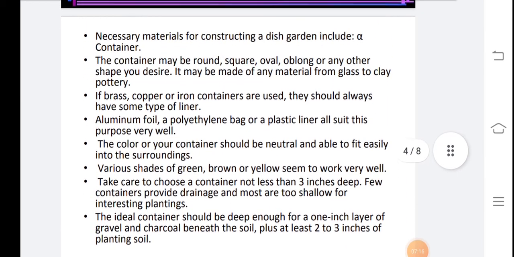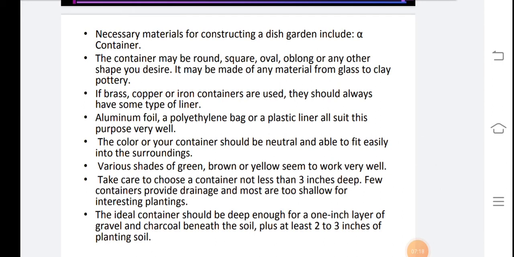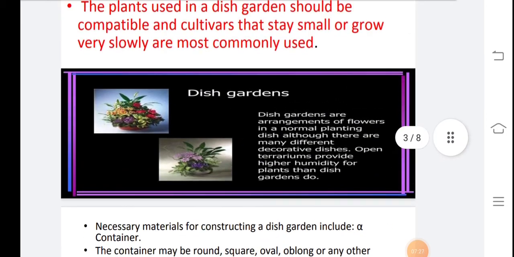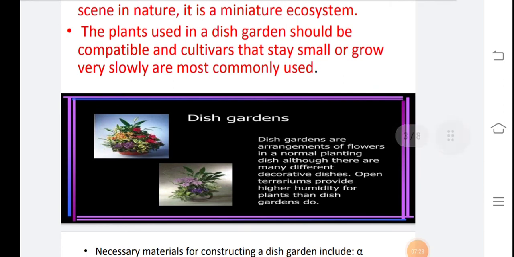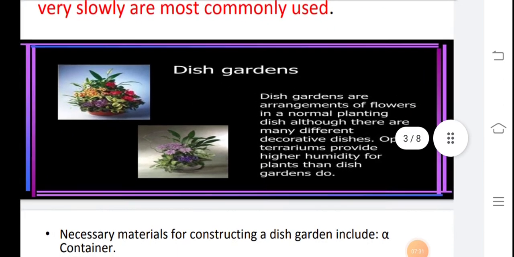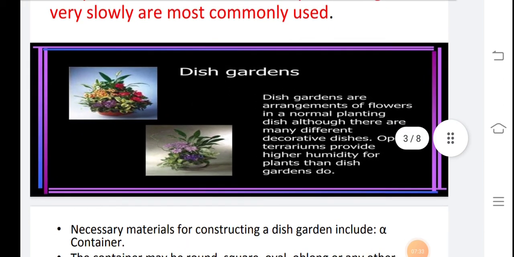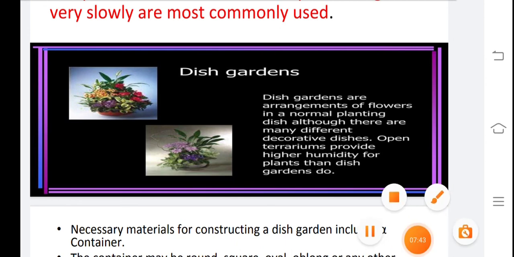Then there are the specific characteristics like proper light and proper humidity. Here are some good arrangements of the dish garden. It is like the terrarium, but terrariums can be open and also closed, so it may be considered as an open